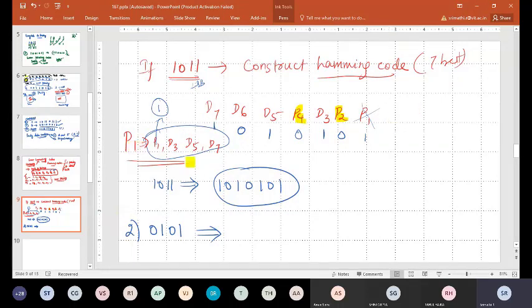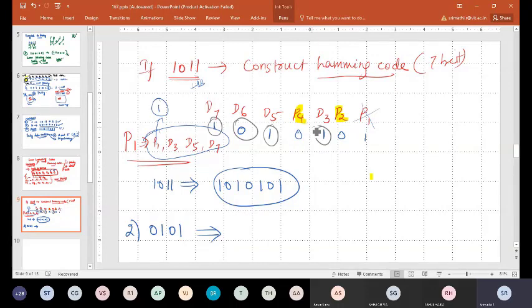And the remaining 4 are data bits. Along this combination, which are all the data bits we need to check? D3, D5 and D7. So the LSB is 1, and we have to go in this way. So the LSB is 1 here. First one, data bits 1011. You're getting me?